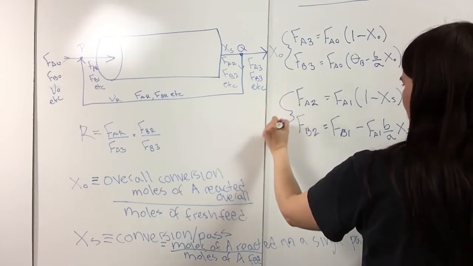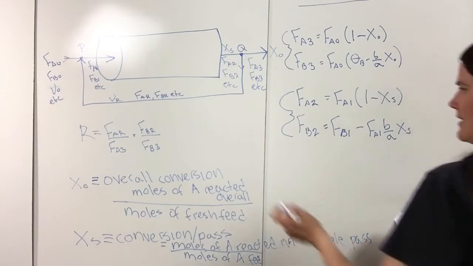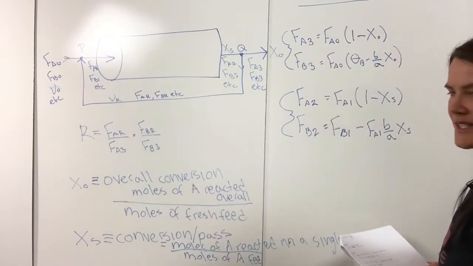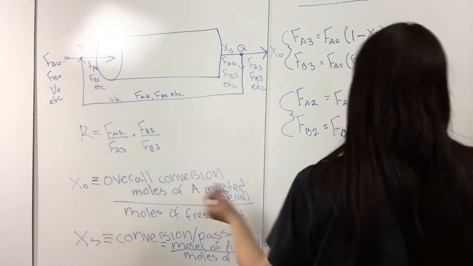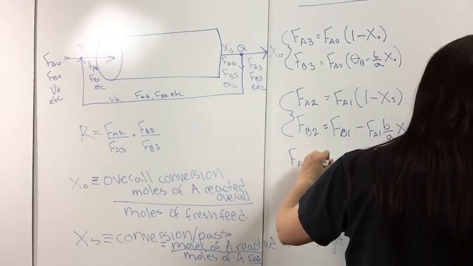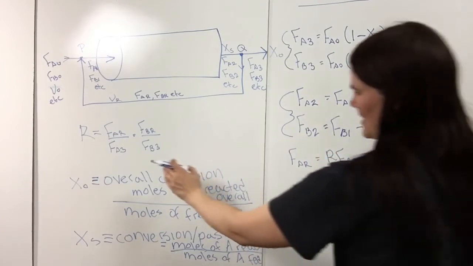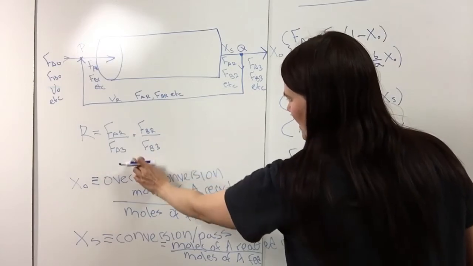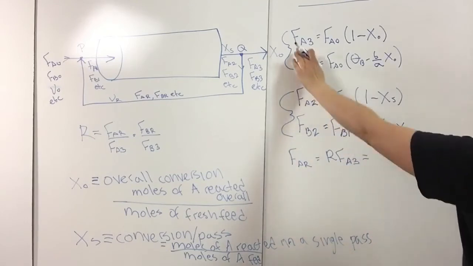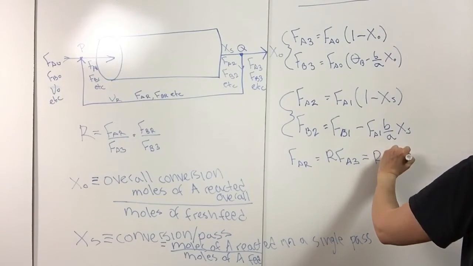So these are together. And then we can get the recycle streams, the FAR, FBR, etc., from the definition of R. So we know that FAR is equal to R FA3, and that's from here. So FAR is equal to R multiplied by FA3. And then we already know what FA3 is, so this is R FA naught